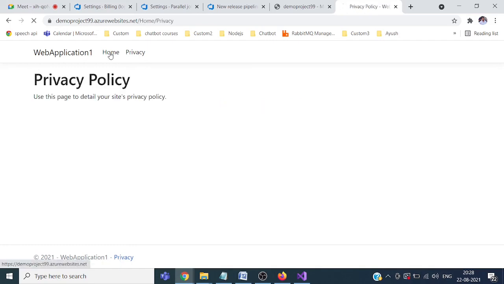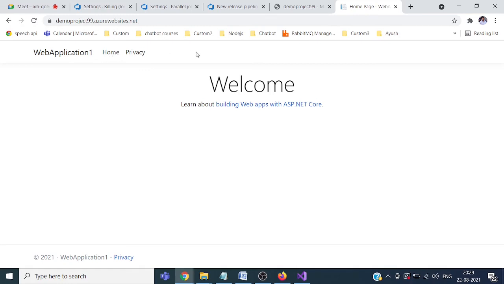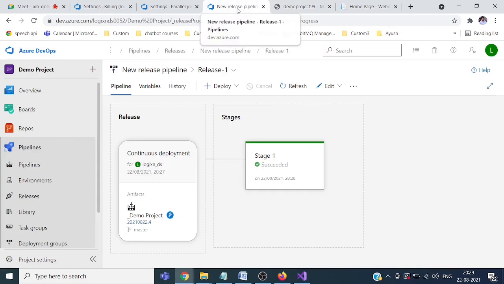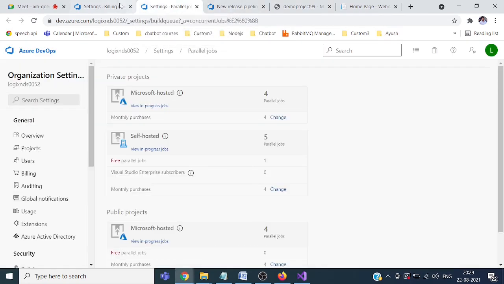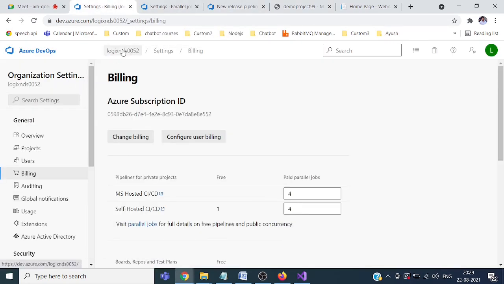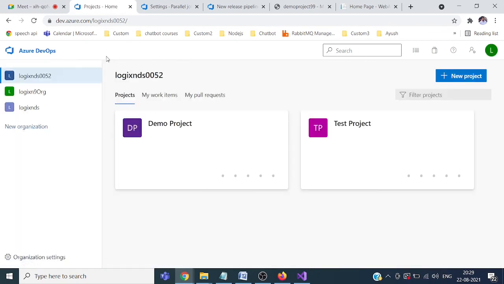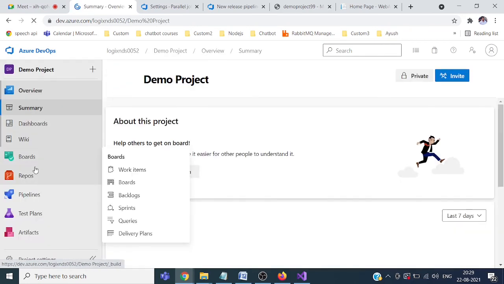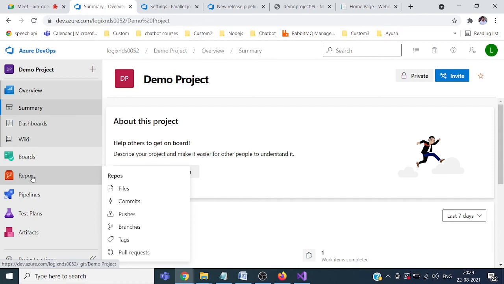So the project is also working. So we have seen how to create an organization, how to create a project, how to work with the boards, how to work with repositories, how to create pipelines,